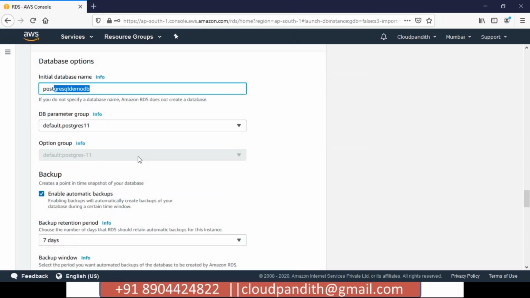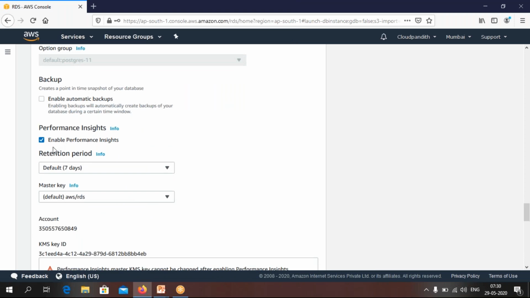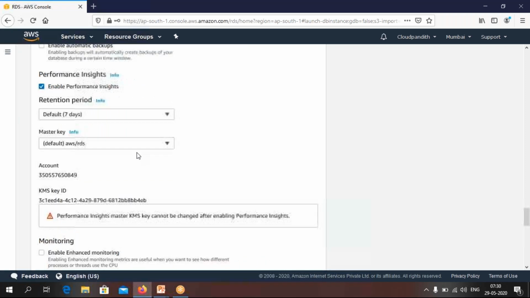Okay, so for the remaining things, if you want to maintain backup and other things, you can keep it like this. This particular retention period means if you have deleted something, your last 7 days of data will always be available. If you want to restore it, you are able to restore it back.